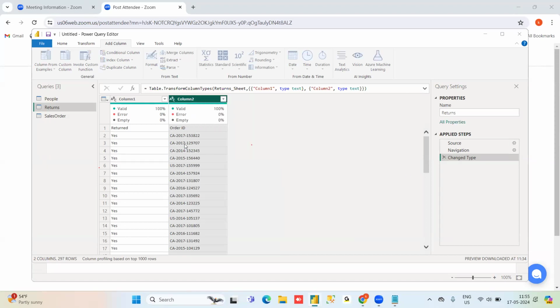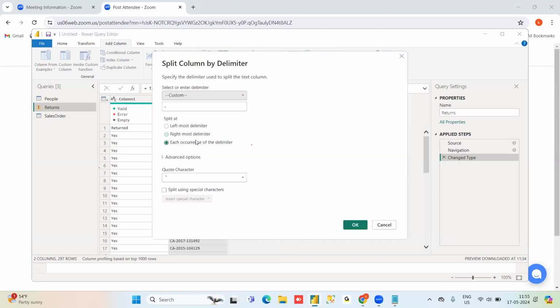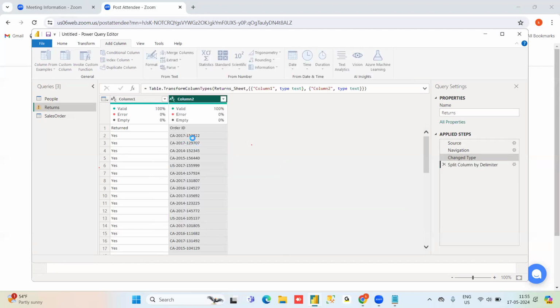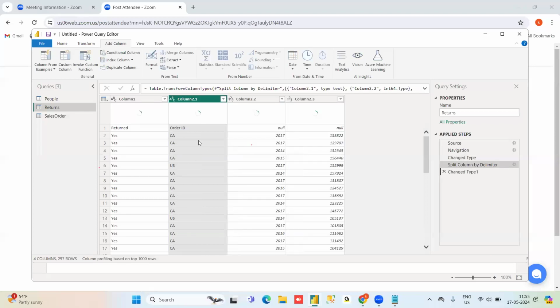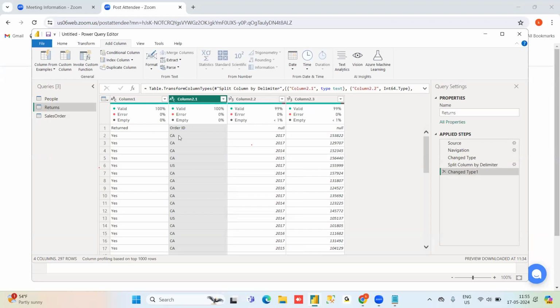I want to split these into columns 1, 2, 3, three columns based on a delimiter. Each occurrence I am taking. This particular column will get split into three columns based on the delimiter I have taken. This is CA 2017. Based on the delimiter, what delimiter? A hyphen.